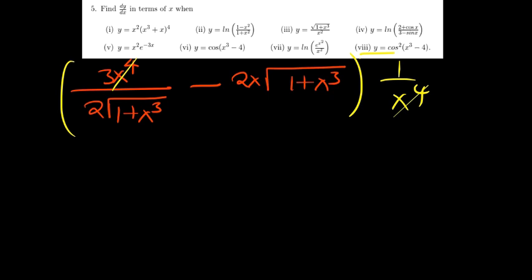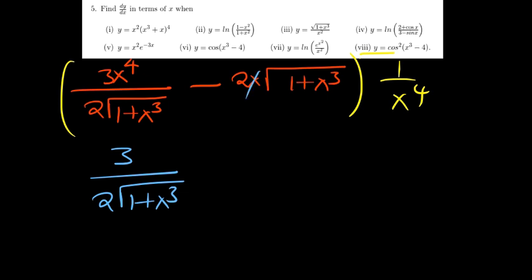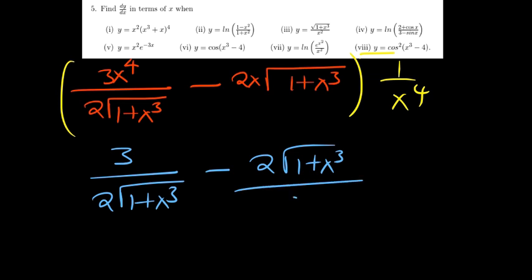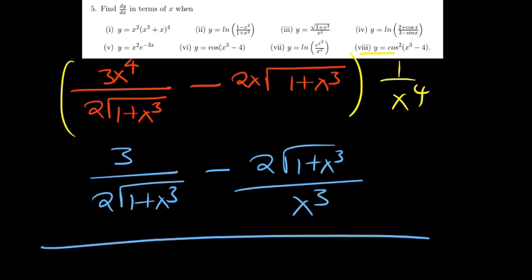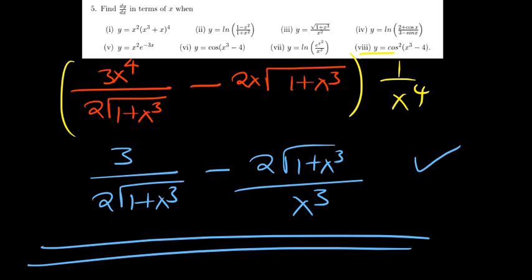So you essentially remain with what? You're going to remain with a 3 on top, and then 2 root of 1 plus x to the power 3, and then of course this times that, you remain with only a 2, so minus 2 root of 1 plus x to the power 3, and then on the bottom we have x to the power 3. So basically at this point you are done with the third one. Okay,